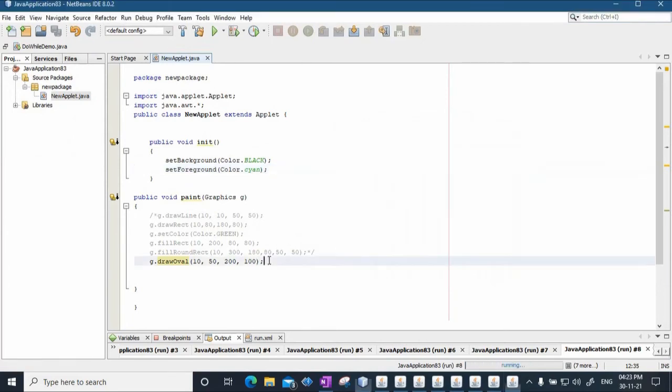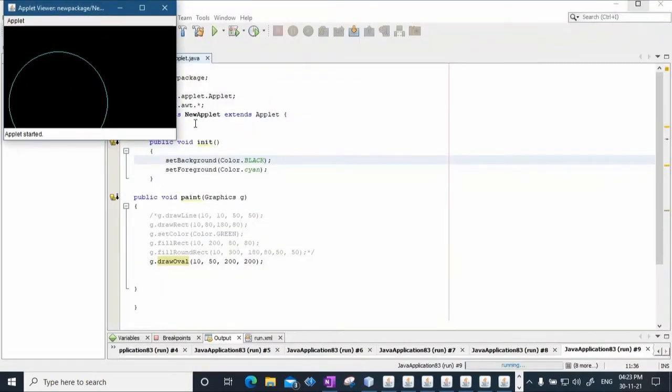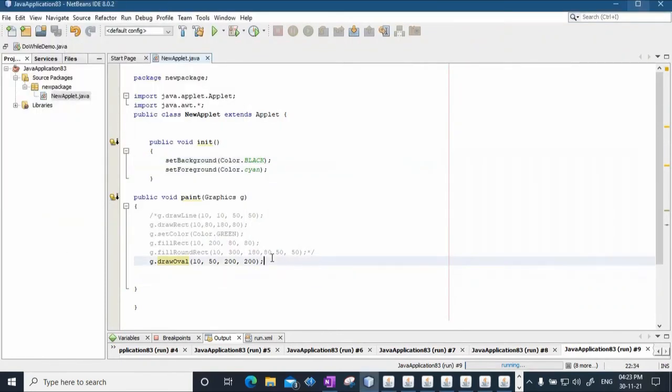Fine. Now if I want to draw a circle, then what I can do is make the width and height the same. So instead of this 100, I'll make this 200. Save it, and when I run this particular file again, you will see a nice circle that is drawn. Now you can just tweak these values and you can have concentric circles, you can have a shape within another shape, you can connect two shapes.